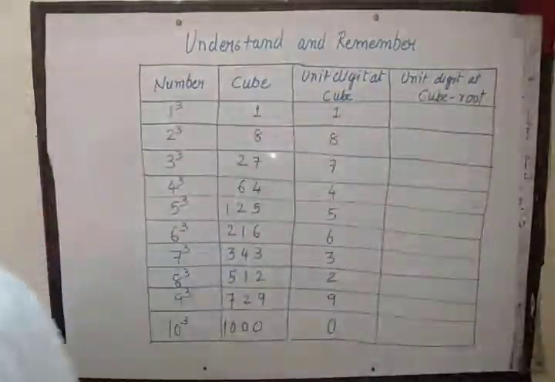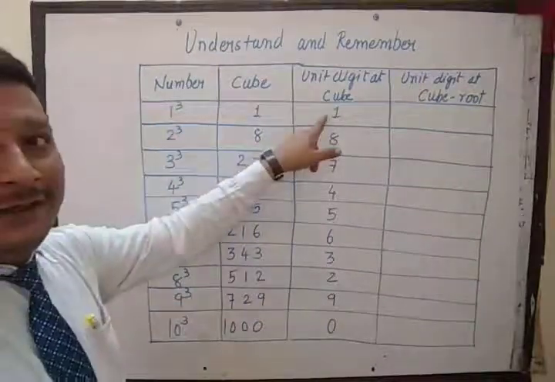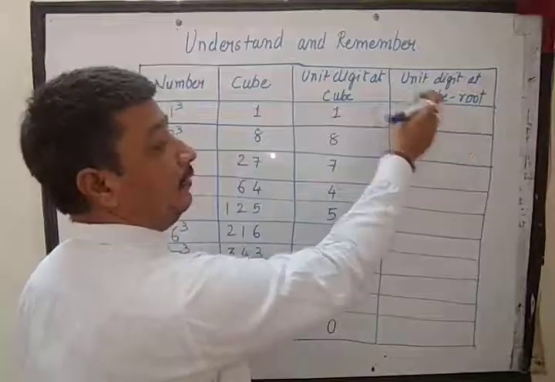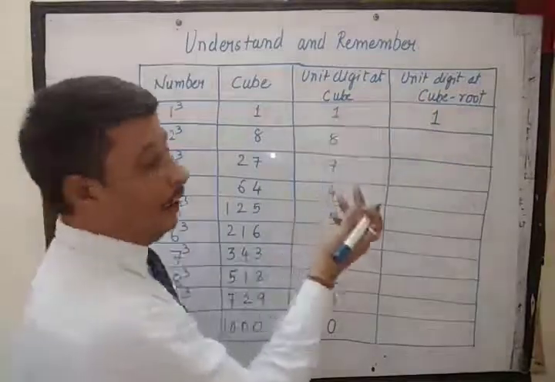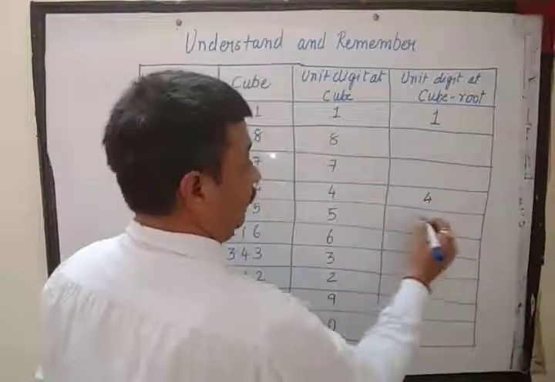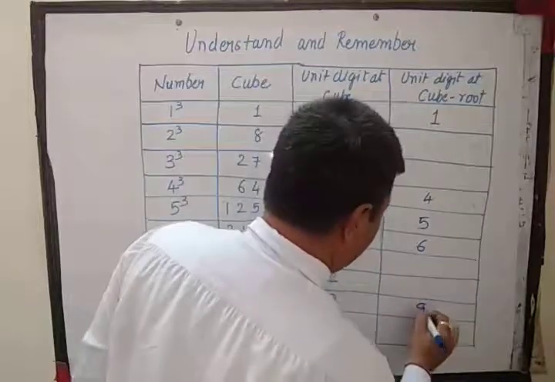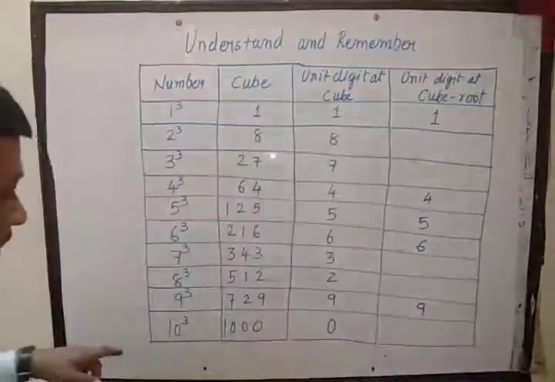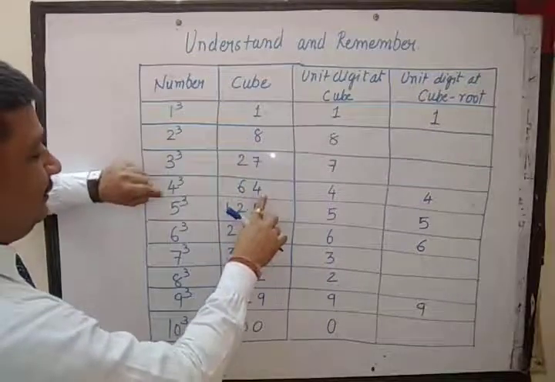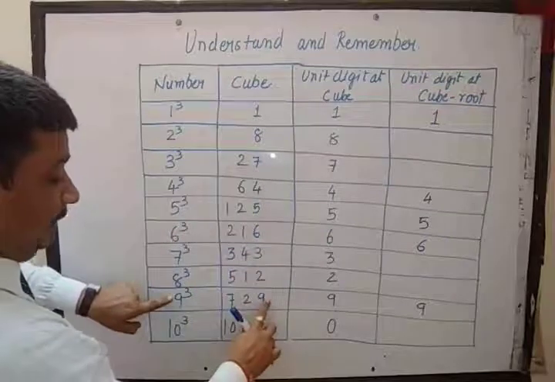Okay? देखिए. So, 1 cube is 1. So, same, if 1 is the unit place of the cube root, the cube also ends in 1. ऐसे ही 4, 5, 6, 9. देखेंगे कहां से पता चला? 1 का 1, 4 का 4 last digit, 5 का 5, 6 cube root, then 9.